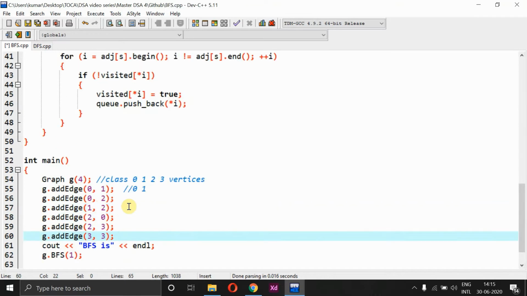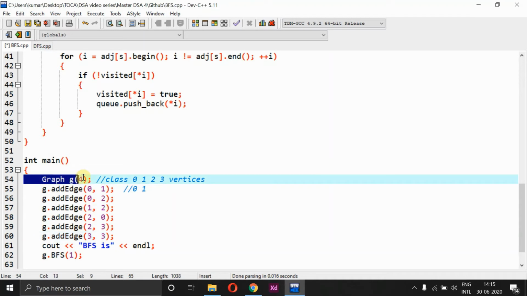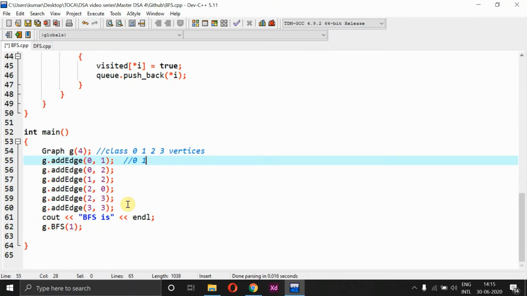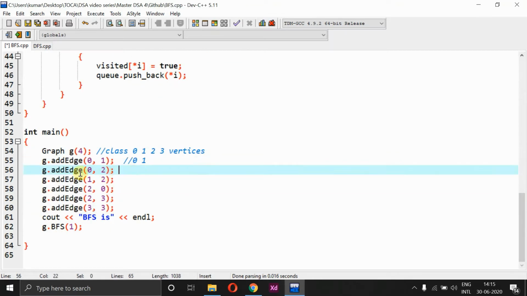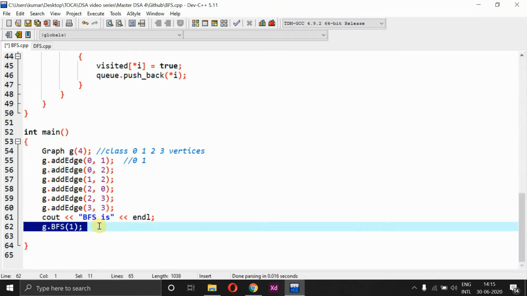So now let's see how it actually goes with the implementation part. First, we have a class, and we are passing in how many nodes or vertices I need in my graph, after which I add all the edges. Here I have created a method called add edge, and next I print out the final value. Here you are calling the method BFS, and 1 represents the starting node, or you can say the starting vertex, right? So 1 represents the starting vertex, and I can consider any vertex as a starting point.